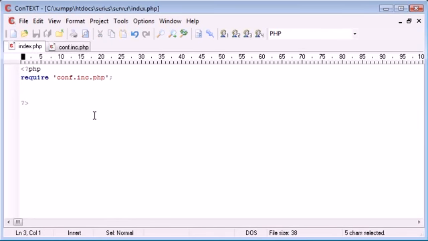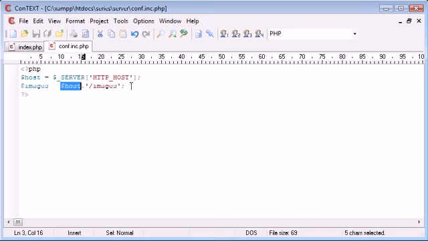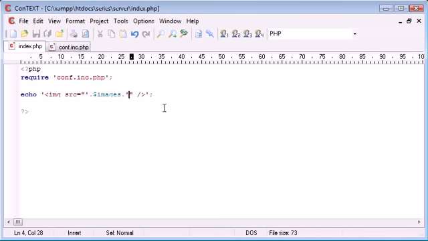So what I could then do is inside my file say echo, and create an image here, source equals that, and say, right, what's the location of this? So we can append on images. We've created this images variable, if you like. So we can append on images, and then we can put the file name afterwards. I could put another trailing slash on there, and we could say images and then